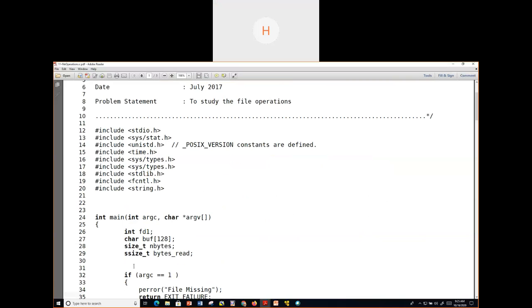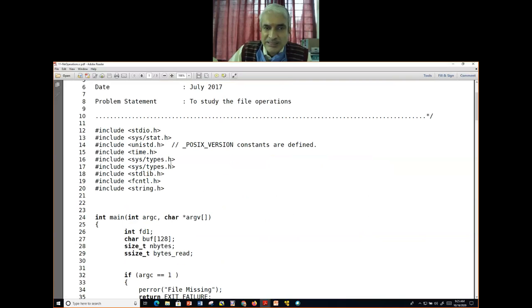Okay, now what you can do is refer to the place where it is declared, types.h. Get into that one, and you will find the details. ssize_t, what data type is that? You are using number of bytes, right?